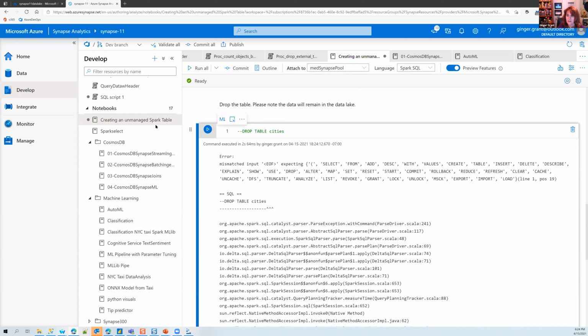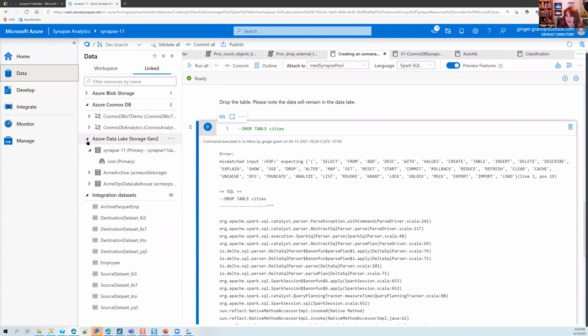Yeah, good, it didn't drop it. This is not something that you can do in Spark SQL. I'm thinking T-SQL here. I got myself confused. But if I look at my